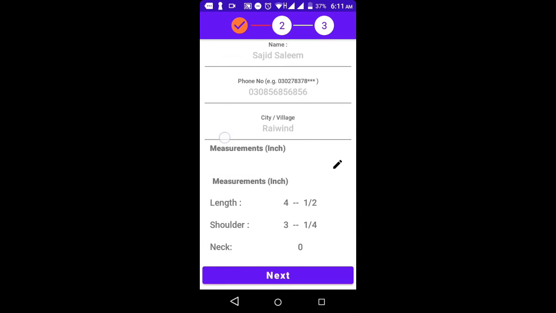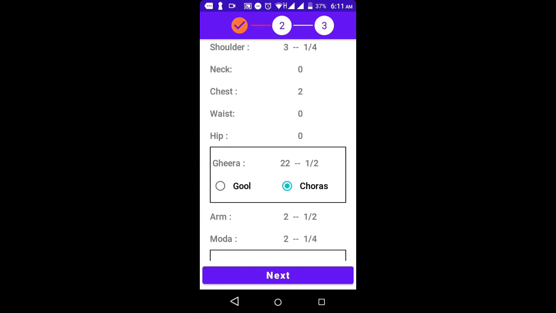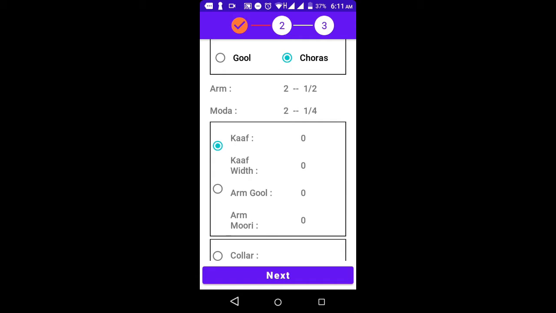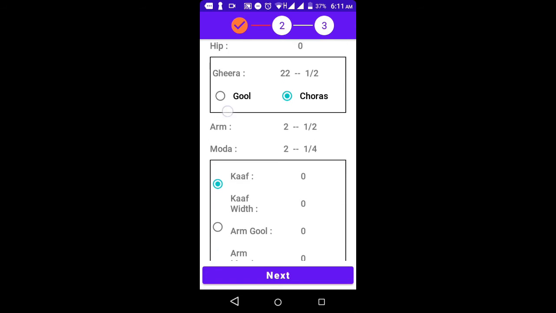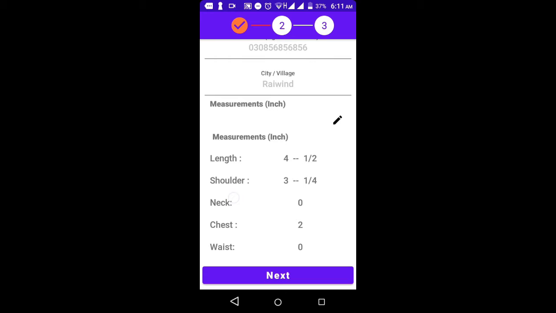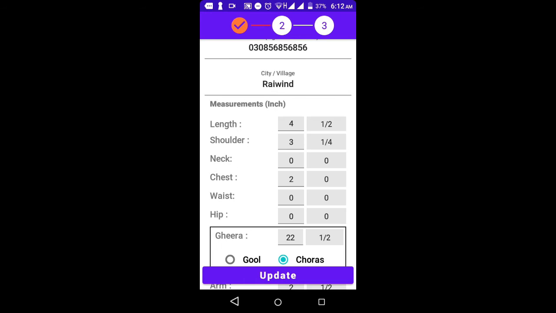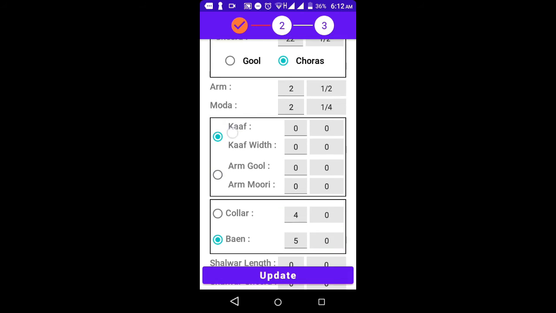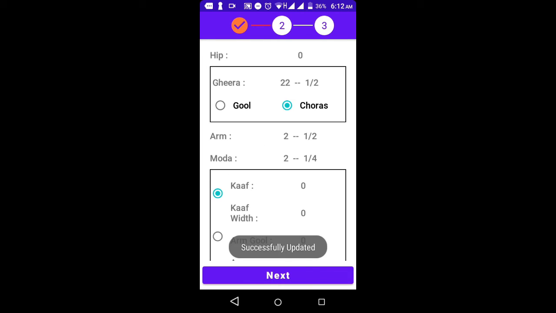The second step is, you can see all of the customer measurements here. To verify that, and if you want to edit any measurement, then click on the edit button. You can edit all kinds of customer measurements here. After editing, you can click on the update button. And next step